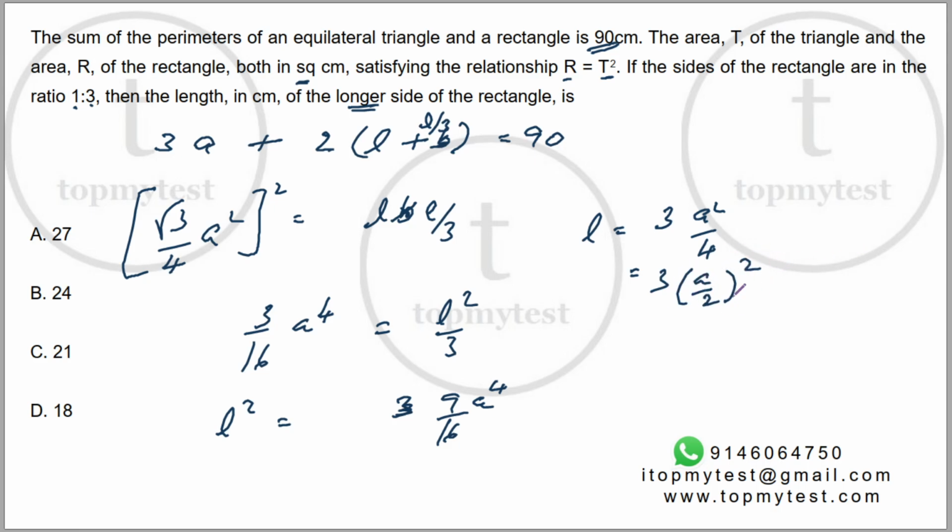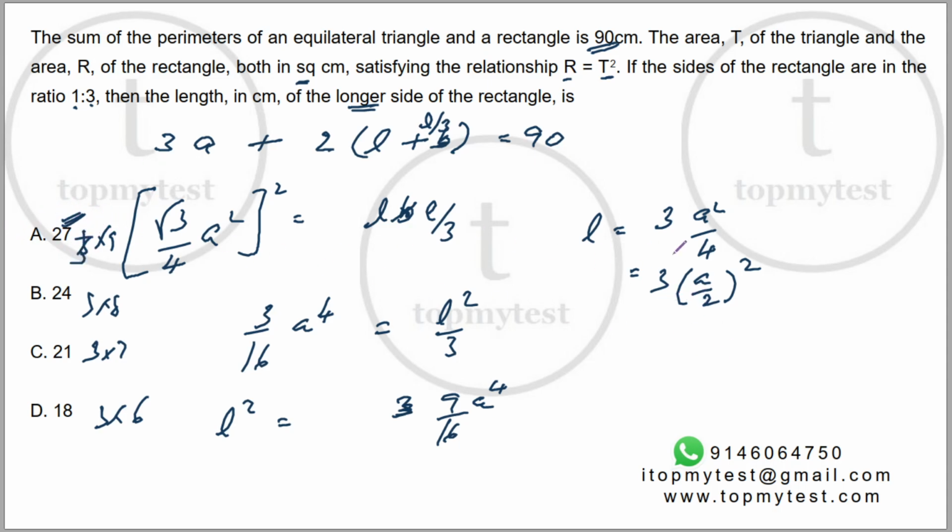Right. The reason why I wrote this in this manner is because I would like to use the options to solve this. Now, let's try to see what it can be. Right. So I'm assuming this is going to be a natural number square into 3. So it's a perfect square into 3. This is 3 into 7, this is 3 into 6, this is 3 into 8, this is 3 into 9. This should be my first value which I should check. I'm not saying this is the answer, but I can shortlist this by looking at the options.